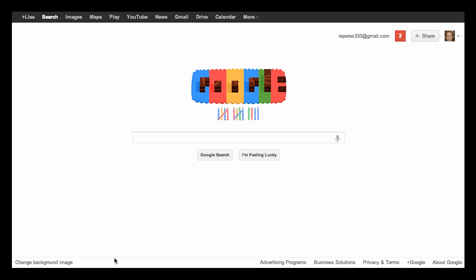Google Forms is a tool within the Google Docs suite. It's a great tool for teachers. You can use it for your own professional practices, or there are many different teaching applications that you can use